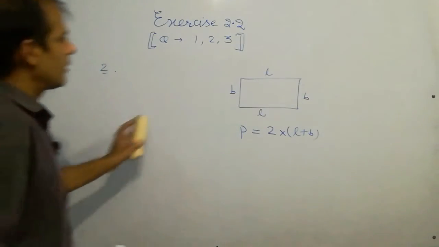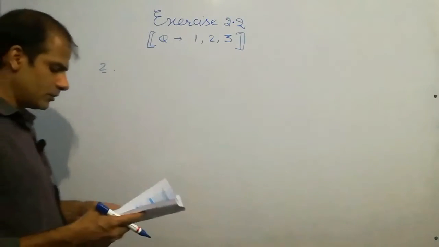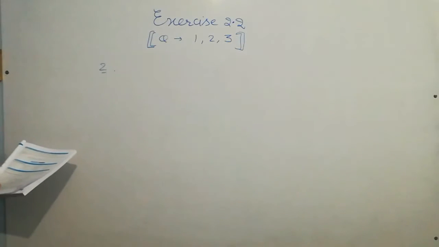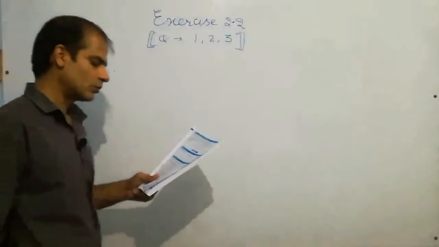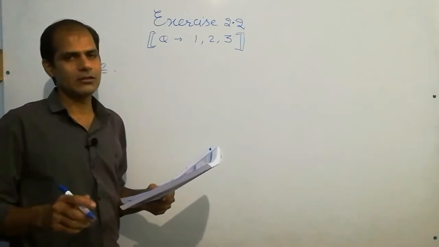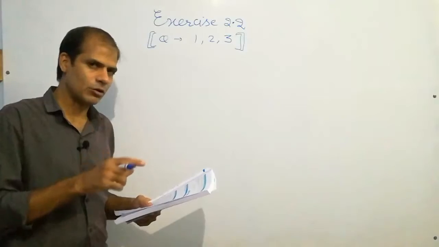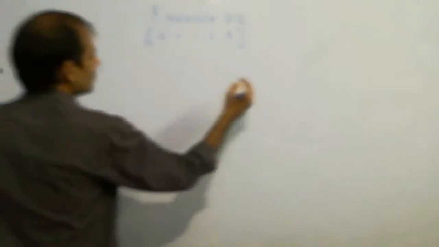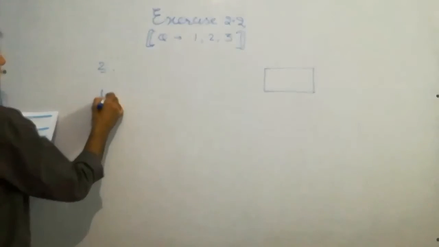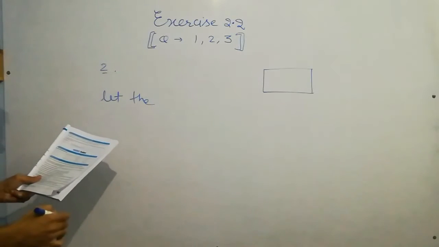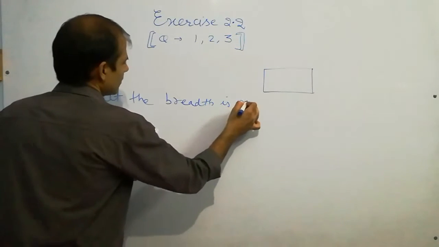Some other information is given. On the basis of this information we will make an equation. Now the perimeter, and its length is 2 meter more than twice the breadth. So it is more and twice, and in the beginning of this video I told you what is the meaning. You can also draw the diagram and write length.